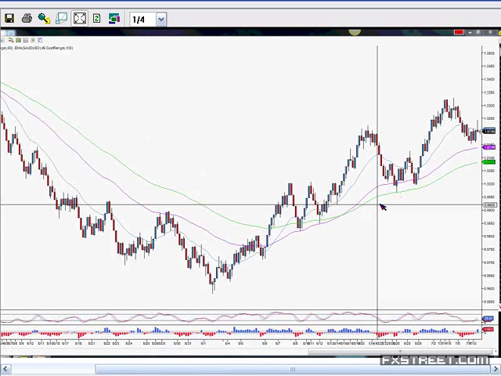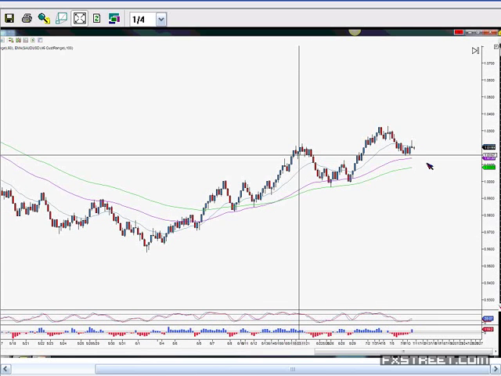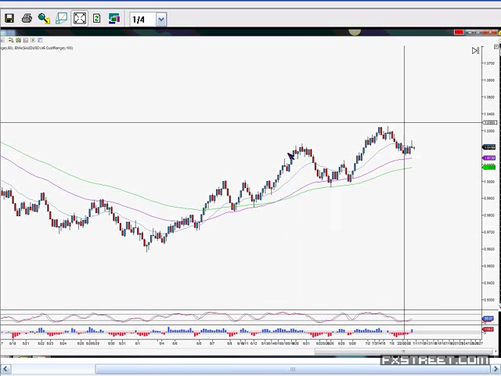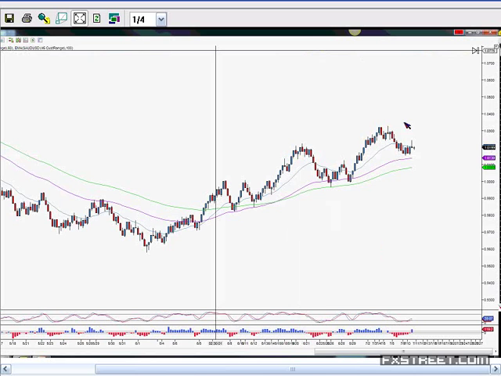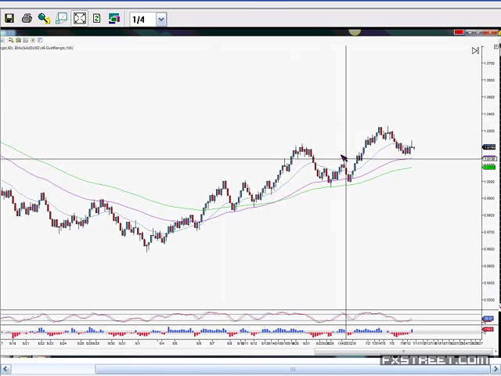What about the Australian dollar? Okay, now that looks a little better, doesn't it? So what are we thinking here? Well, first of all, we have a trend. We've got higher highs and higher lows. Wonderful. What else do we have? We've got the moving averages lined up. We've got clean price action. What's going on at this level here? Let's take a look.